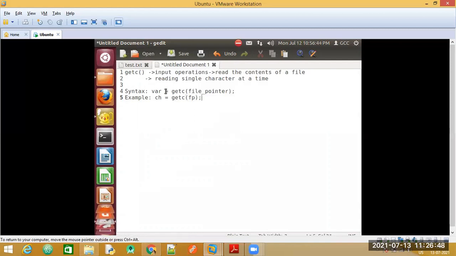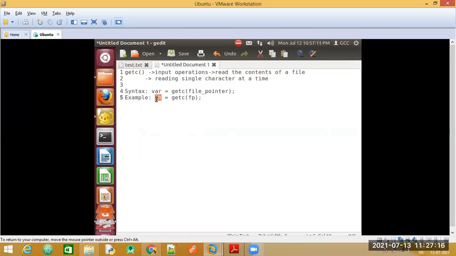Every time, the basic steps need to be performed: we need to declare the file pointer and perform the fopen operation. If the file is opened successfully, then from the file pointed to by fp, the contents are going to be read and stored in the variable ch.